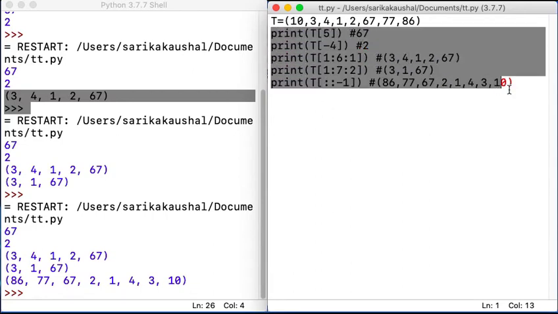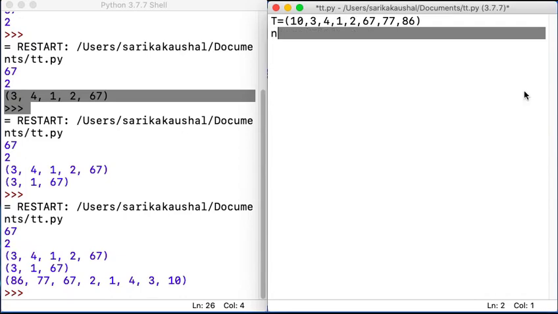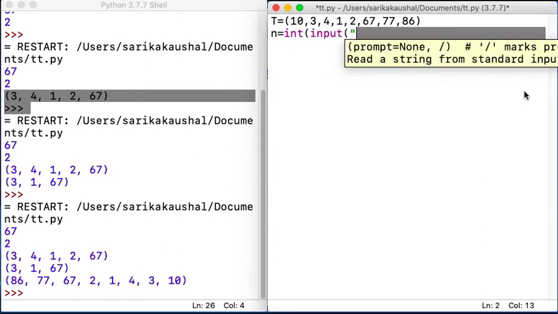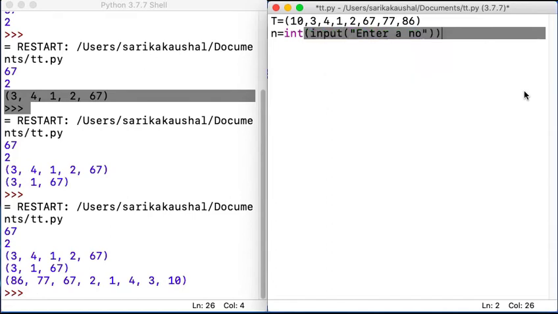So what is the linear search method? Say for example, I'm looking for a number: n is equal to int, and then I'm saying input, enter a number. And now I'm writing a simple loop, and I'm just checking whether the number is found or not. So here I'm going to use a loop with else. So if I say for i in t, if the number n is equal to i, just simply say that the number is found.